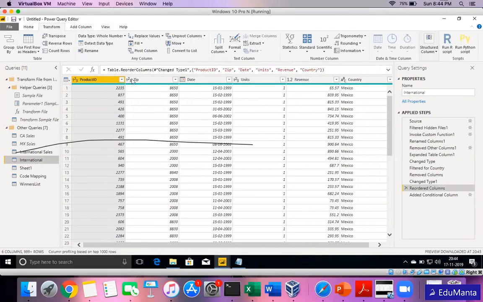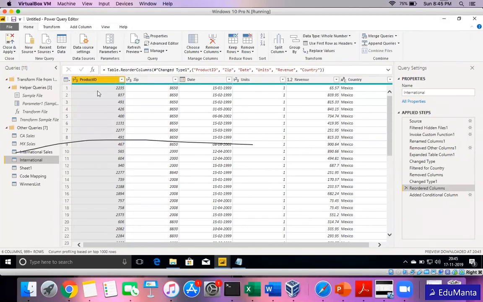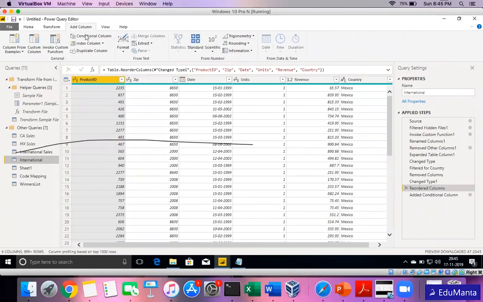And there are other options also in Transform, similar to replace value. We have fill, I showed you unpivot, and we can use pivot also. And then this data type is similar to what we showed in the first tab also, or we can right click and set the data type. And then I showed you how to add a conditional column, but we can also duplicate a column, or we can write a custom column.